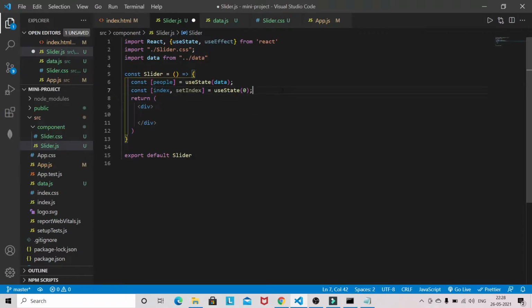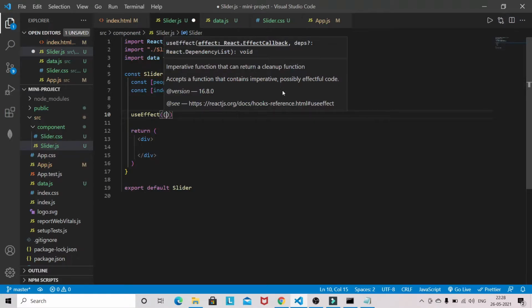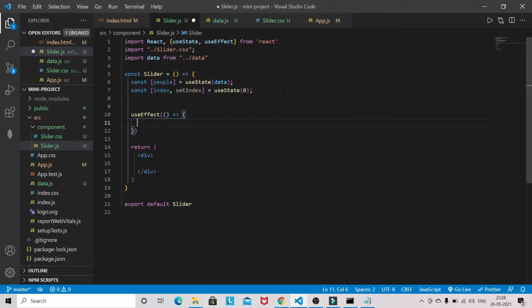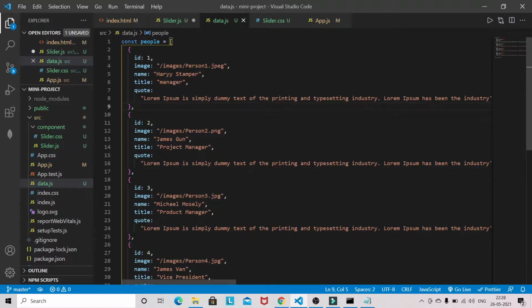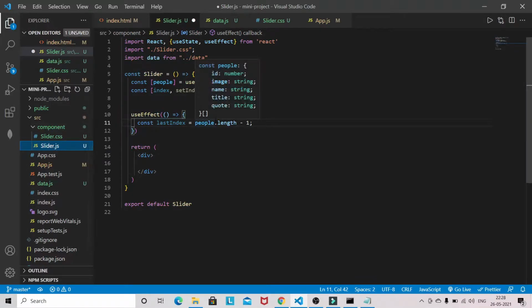Now we will define the useEffect. const lastIndex equals people.length minus 1, so we can get the last index of this data. This data is nothing but an array of objects, so we can get the last index by doing this.